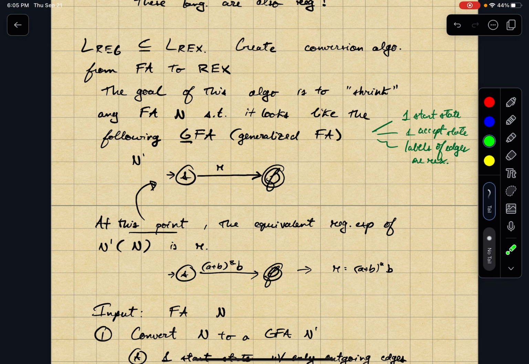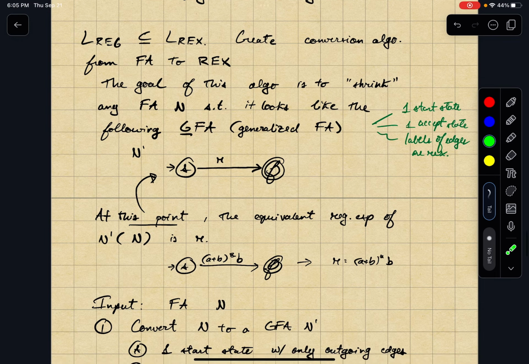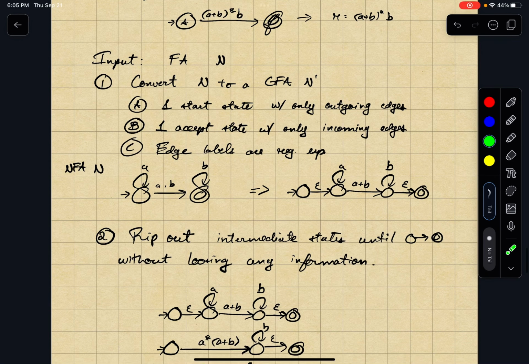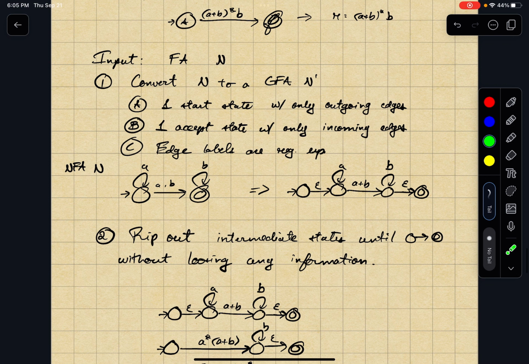Okay. So slightly more formally, this algorithm has two major steps. The first step is taking an FA N and converting it to a GFA N prime. To do that, you need to have a single start state with only outgoing edges, a single accept state with only incoming edges, and like I also said, the feature of the GFA is that the edge labels are regular expressions. So for instance, if in this case I have as an input an NFA, which looks like this,